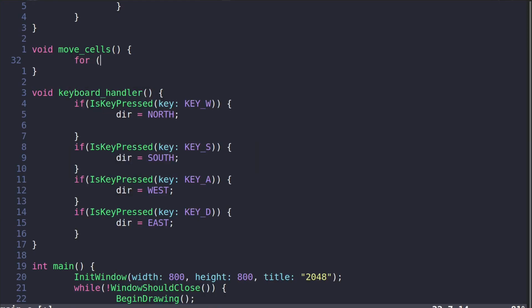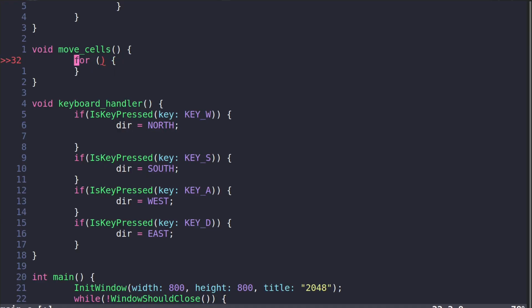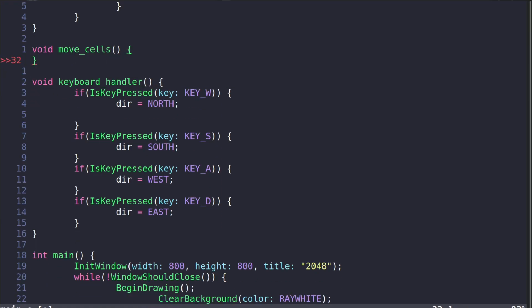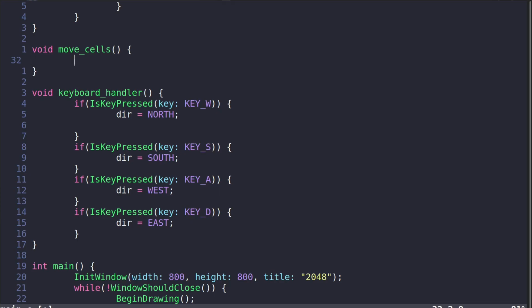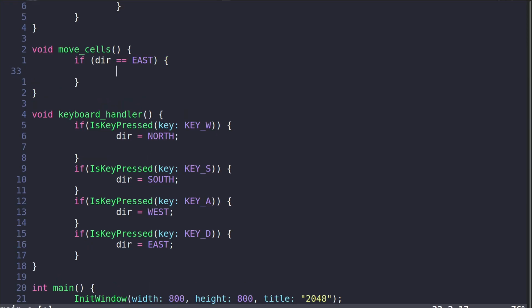So we'll need to go one by one. For example, let's just cover one case. If dir equals north. No, let's make it if dir equals east, because our current non-zero cell is at the uppermost left corner, like the northwestern corner. So if the direction is east, let's